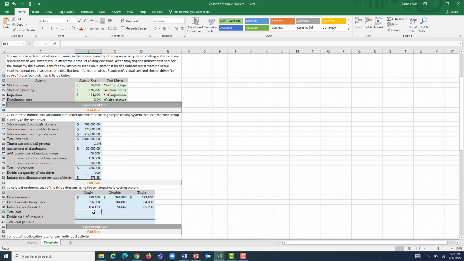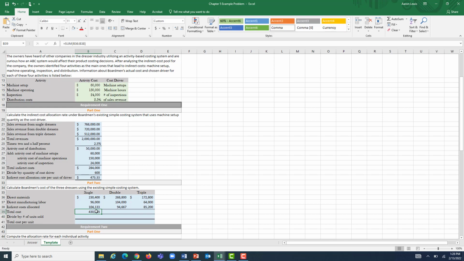And now that we have our three cost components, we can find the total expected cost of each model during the period. For the single dresser, we are expected to have to incur a total amount of materials costs of $230,400, labor costs of $96,000, and total indirect costs of $104,133. If we find the sum of those three numbers, that means the total cost of producing single dressers is going to be